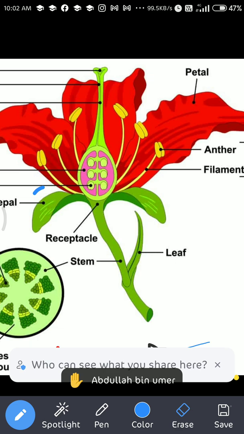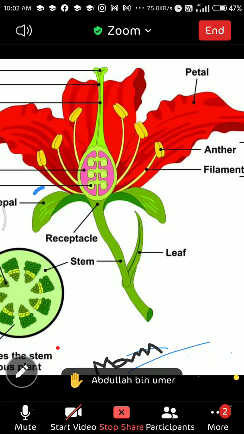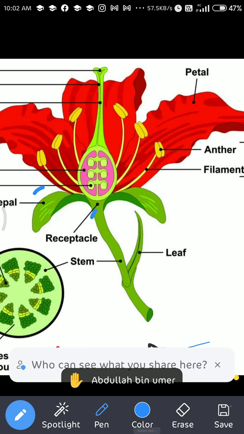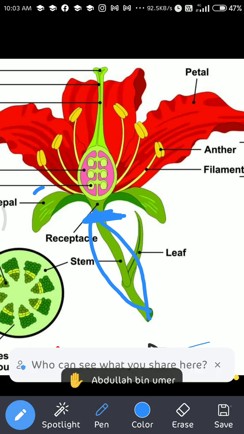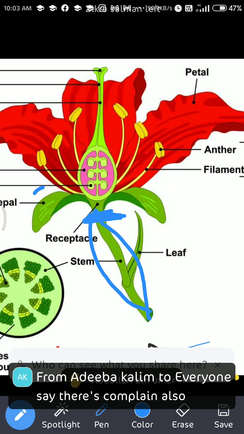Receptacle is the swollen part of the stalk of a flower. It means pedicel is the stalk of a flower. Here I'm telling you this part is the stalk, and this is the swollen part of the stalk, the broad part of the stalk. So this is called receptacle or thalamus. Thalamus or receptacle is the same thing, on which the flower's different whorls are seated. Or you can say from here only the different parts of the flower arise, like calyx, corolla, androecium, and gynoecium.